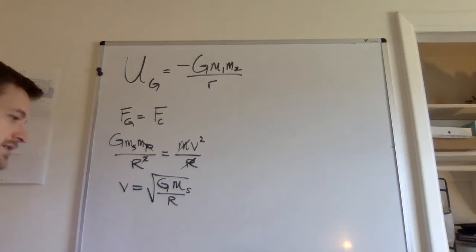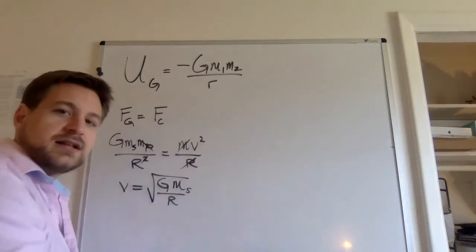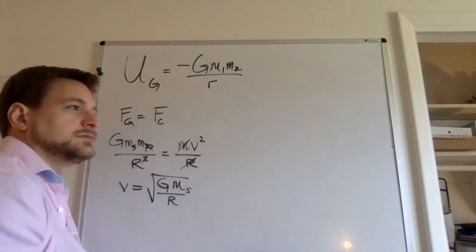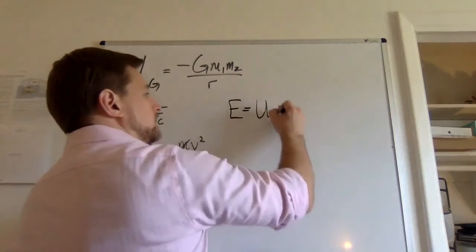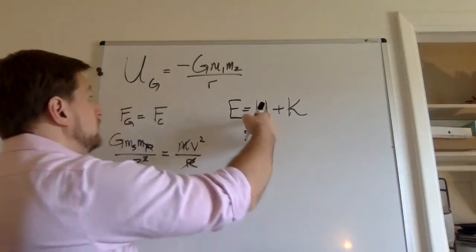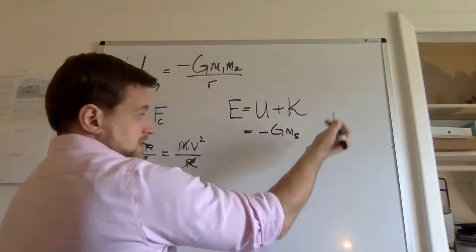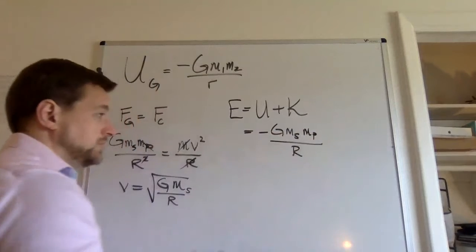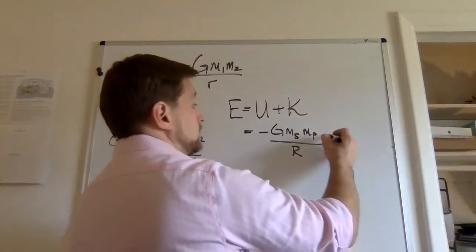How much total energy do we have in circular orbit? These geosynchronous satellites, right? How much energy do they have? Well, what is the total energy of orbiting at some radius? And we know the potential is negative G M of the sun, let's say, times the mass of the planet, over r, whatever the radius is of the orbit from the center of that sun, plus